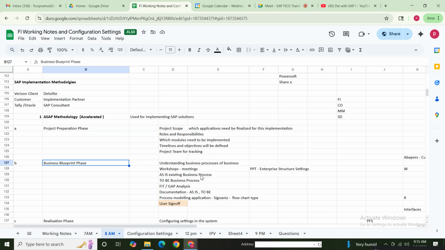Business blueprint phase. This is where we come into the picture now, as a consultant with 5, 6 or 8 years of experience working as a lead. Now we'll understand the business process. As a FI consultant from the SAP team, from the Deloitte implementation side, I will discuss with the business and understand their business process. What is their current business process? And also understand,